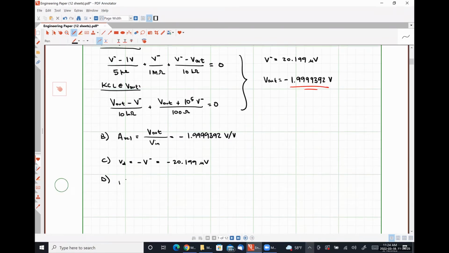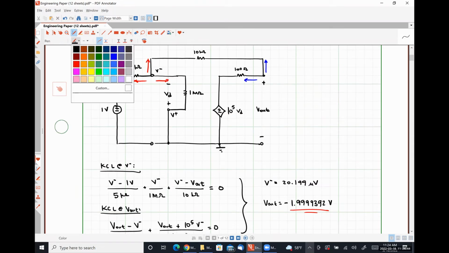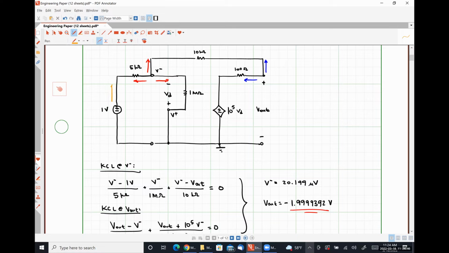So this input resistance Rin will by definition be the voltage Vin divided by a current Iin, where Iin